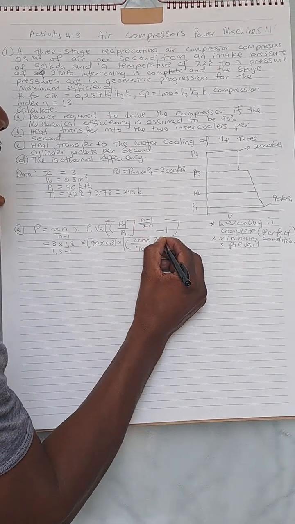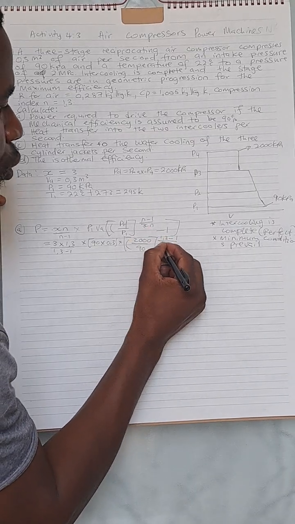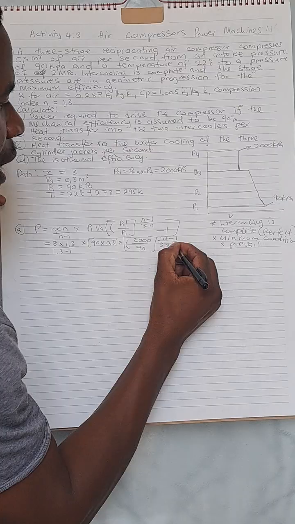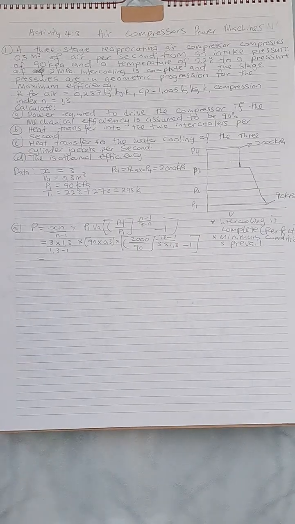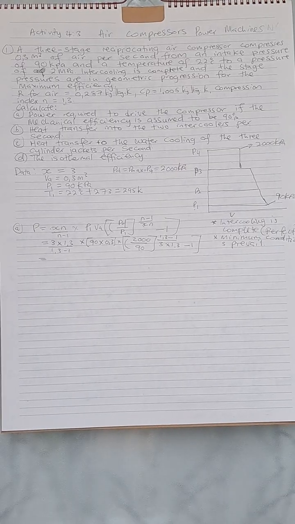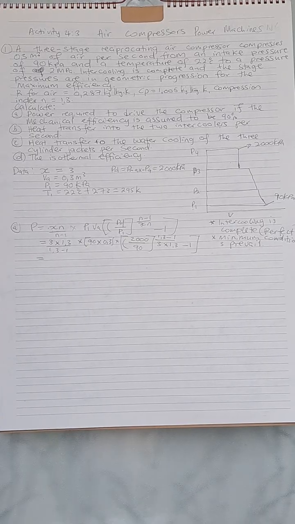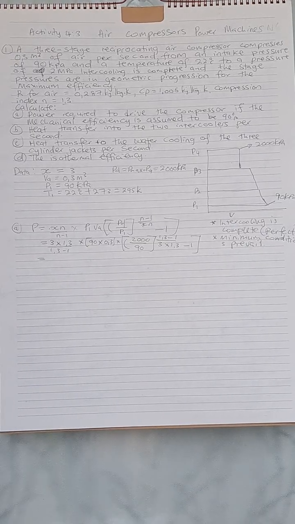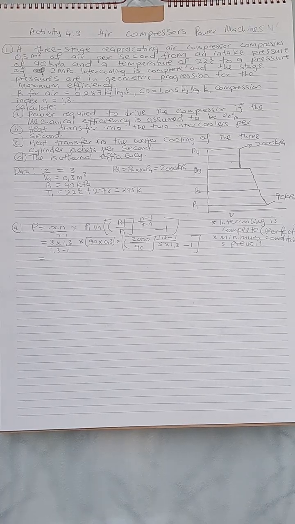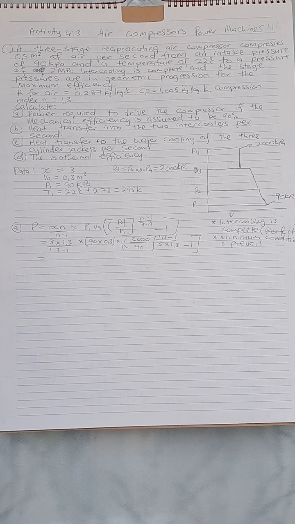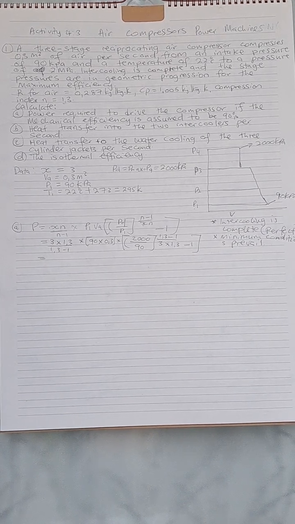And then our N, 1.3 minus 1 over our stages. Don't forget to show them. Is 3 stage times our N, which is 1.3 minus 1. So let's get our power. Let's get our P out. So we say 3 times 1.3 divided by 1.3 times 90 times 0.3 times our delivery pressure, which is 2000 divided by 90